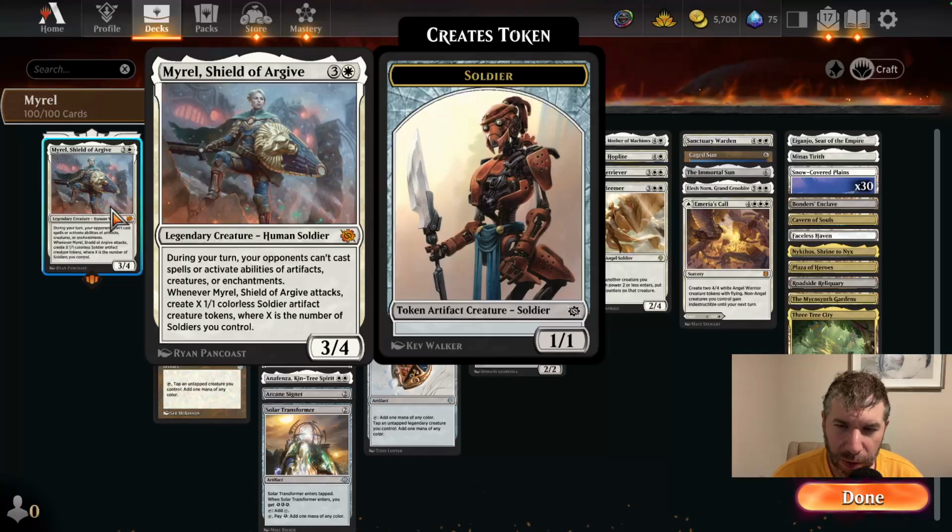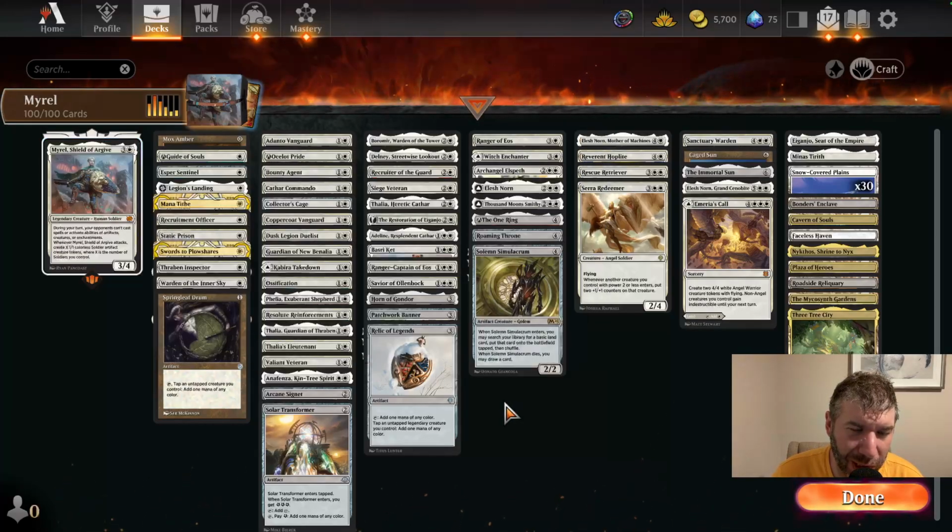make sure when you're playing against this card that you play your spells during your turn, because you really don't have the opportunity to do so when they have a Myrel. So that is really strong. It's really tough to interact with this card. And basically, for this particular deck,